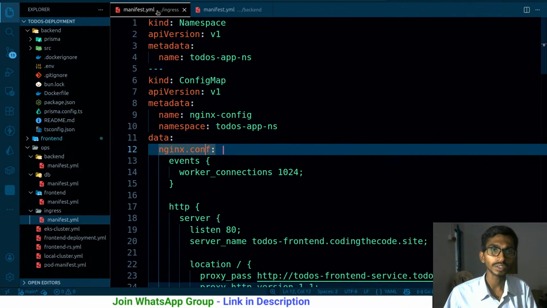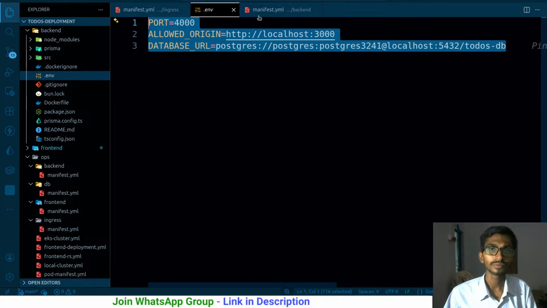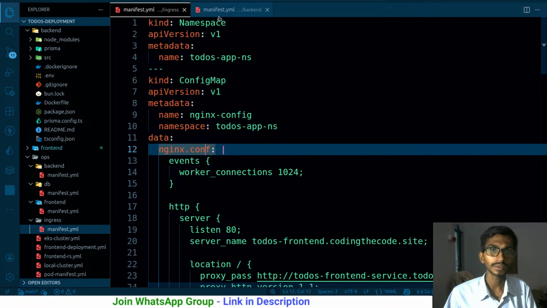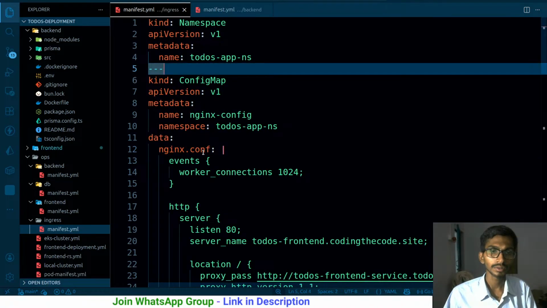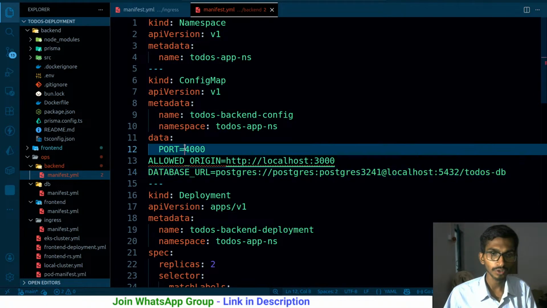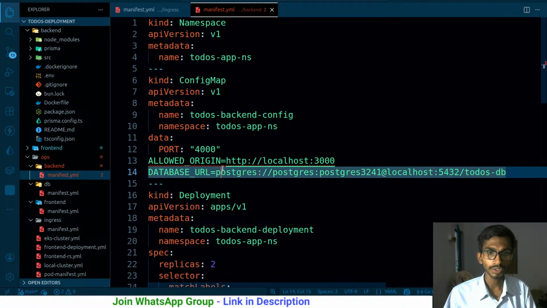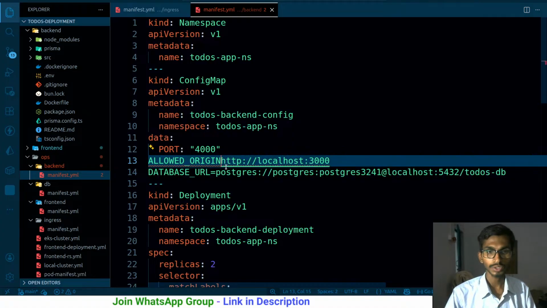So can I do one thing? Can I go to the environment variable? Can I copy it and cut it and come back here? It is actually kept like this. Again, this is wrong anyway. So this should be, I'm gonna have port 4000 here. Then I will have allowed origin. Allowed origins are gonna be,